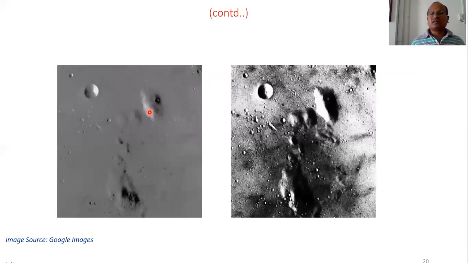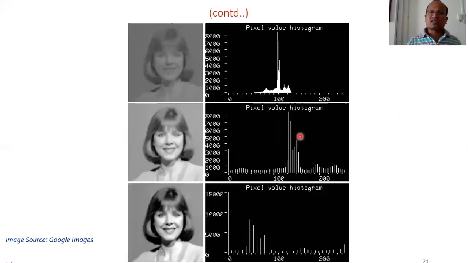See the output. This is the input image and this is the output image. You can find that there is the presence of some materials, some water, or some food or something like that that can be seen. The second image has much better visibility as compared to the first one. It is because of the improvement in contrast of the image. So this is about contrast stretching.